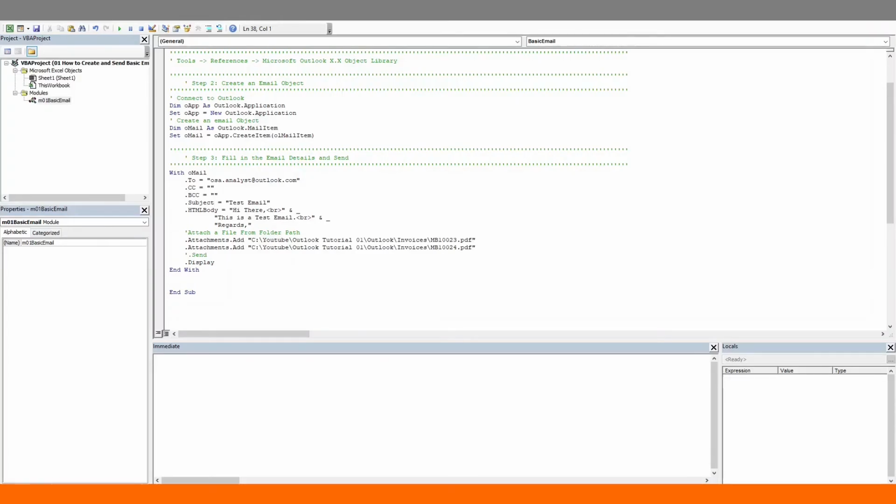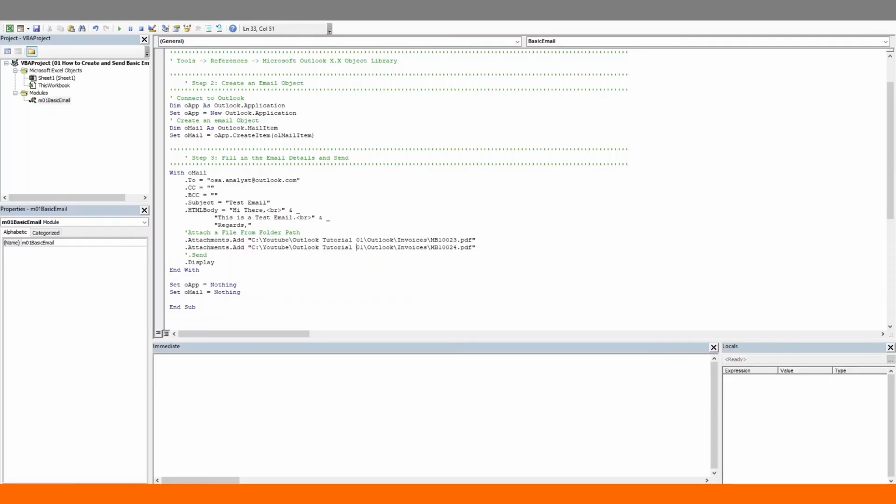Lastly, as good practice, you could empty the email and Outlook objects on exit to clear memory space. So we'll set both objects to nothing. This is not really necessary though, because VBA will do that for you when you exit the sub procedure. And that's it. This was just a basic example. This technique of adding a reference to send Outlook emails is called early binding. We won't get into the details now, but just know that if you wanted someone else to run this code, then you would need to tweak this a little bit by converting it to late binding. I have a separate video on that.